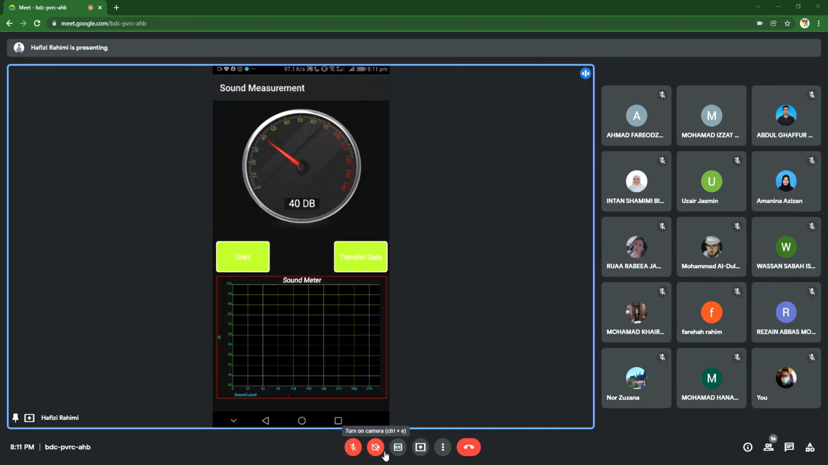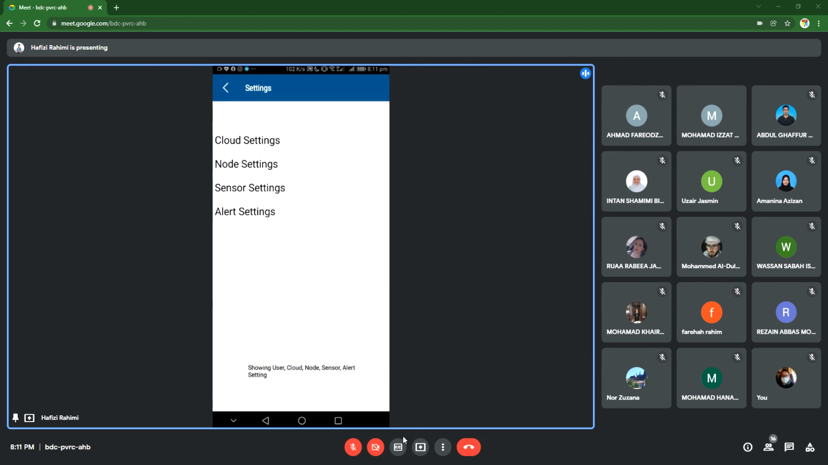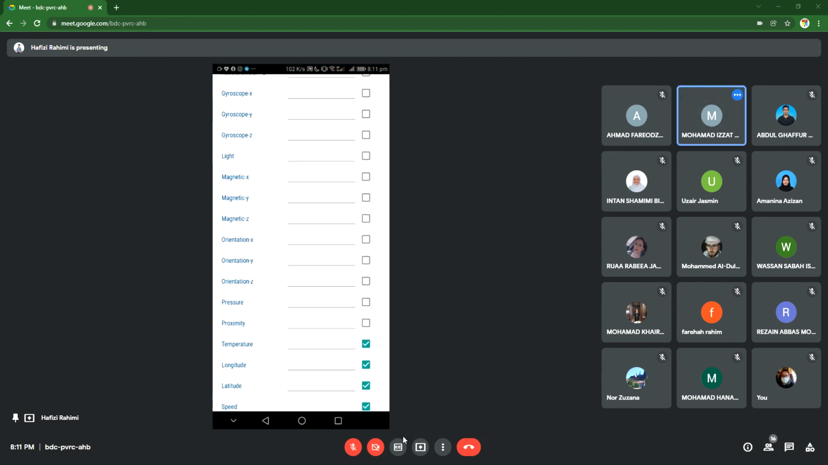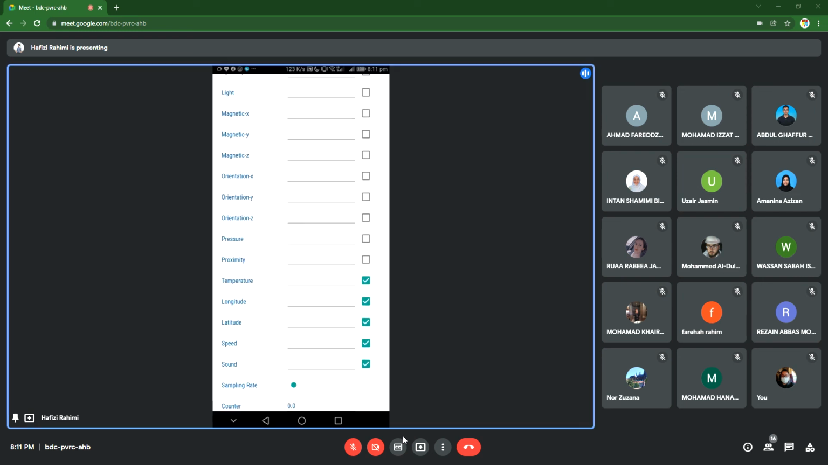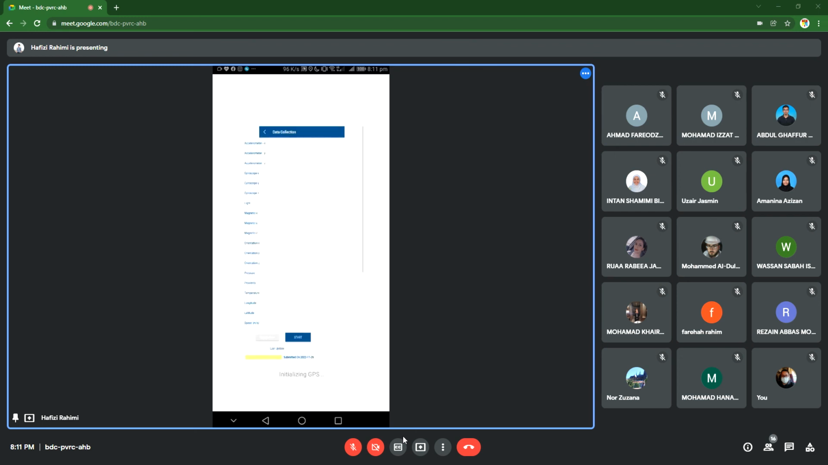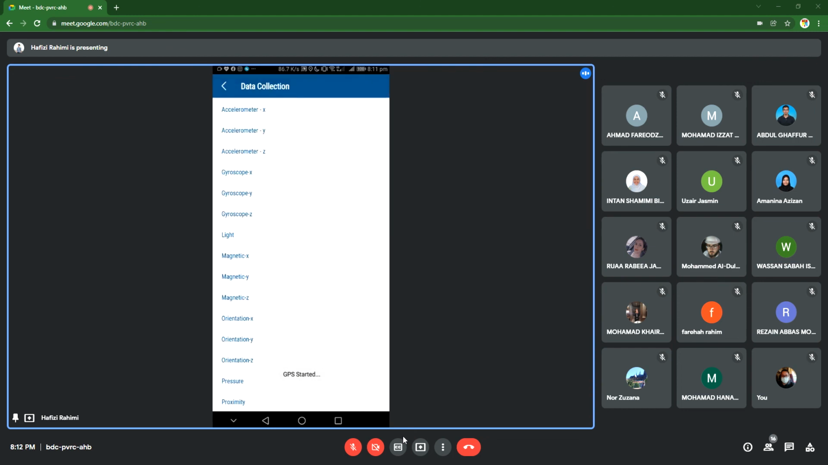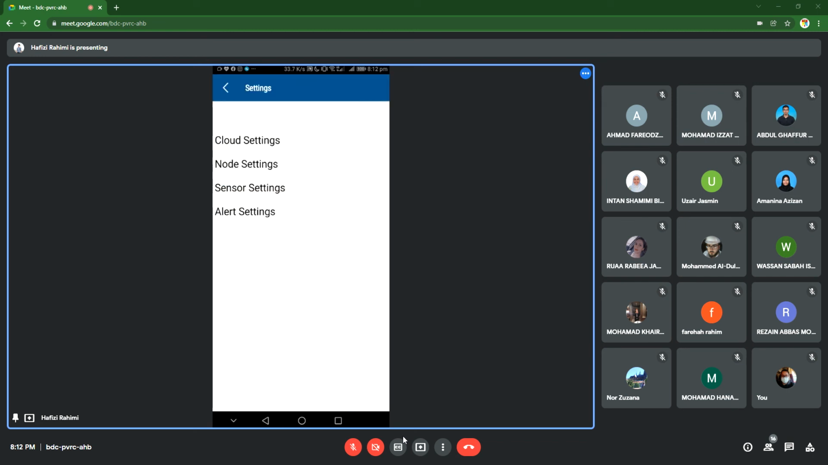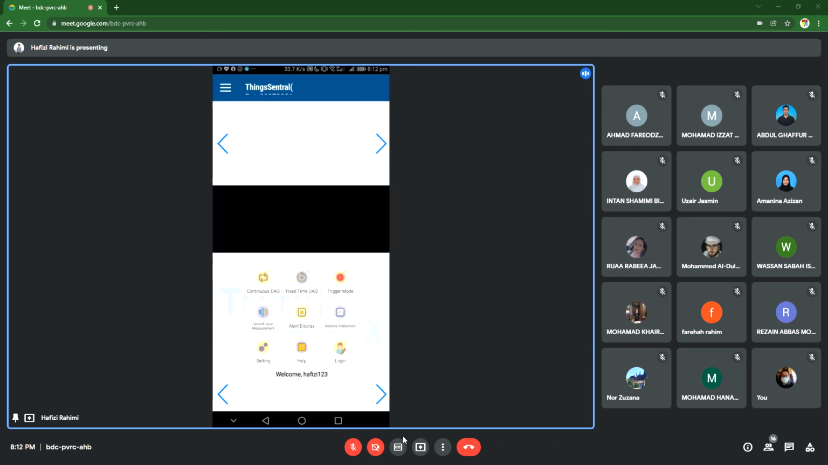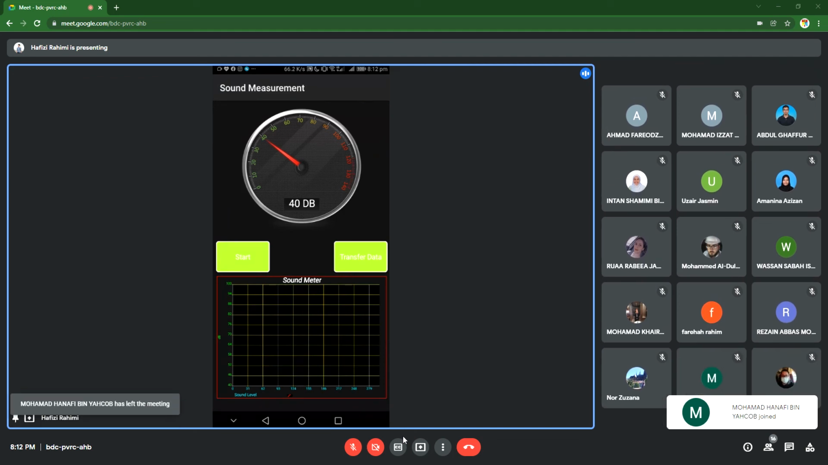Before you want to play with this function, you need to go to the settings first. Go to the settings and click on the sound here. Make sure the sound is clicked and you click save. Then go back to the sound level measurement. If you click the start button,